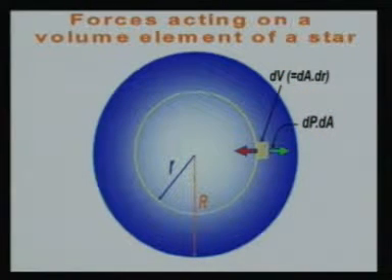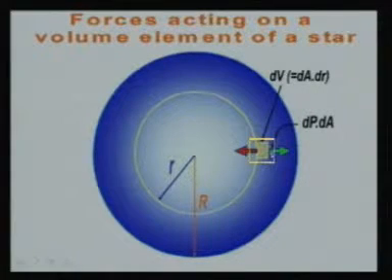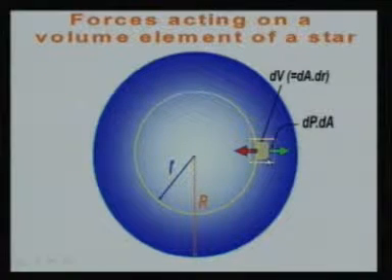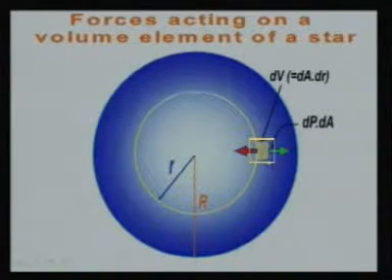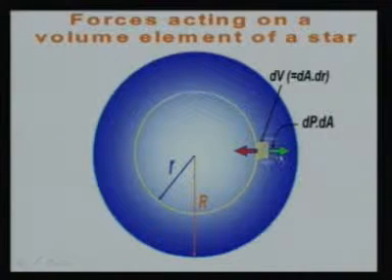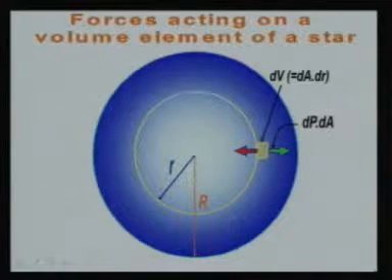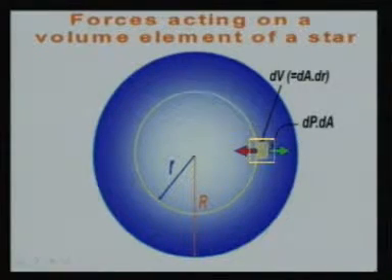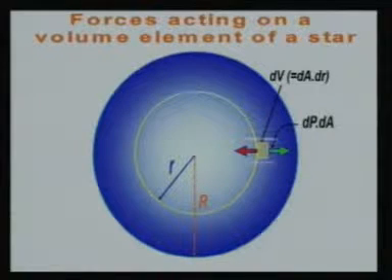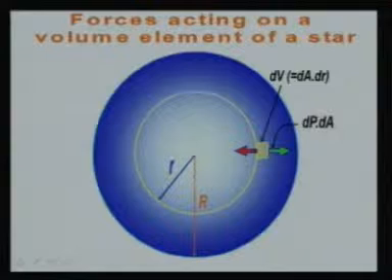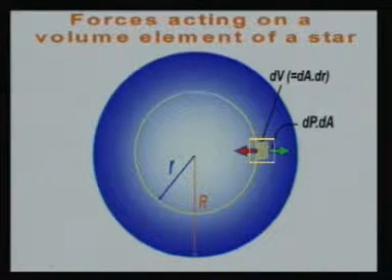And here we show in a little more detail. You have a small element of matter whose volume is dV, and therefore its mass is equal to dV times rho, and the pressure difference on this is dP by dr, and the force acting on this is dP times dA, and this force must be balanced by the force of gravity, and you know that the force of gravity is exerted by the mass inside this radius where this little element is situated. When these two forces are equal, we have